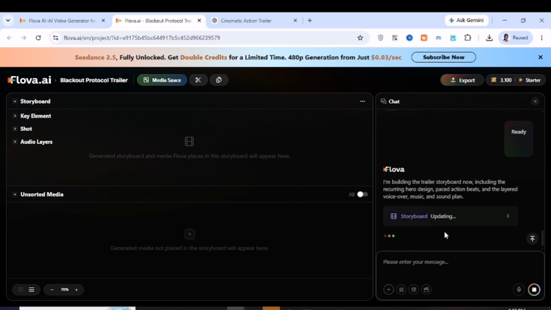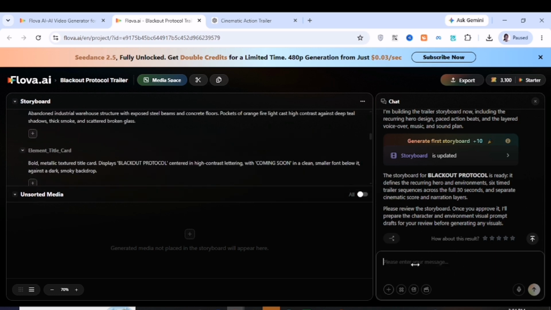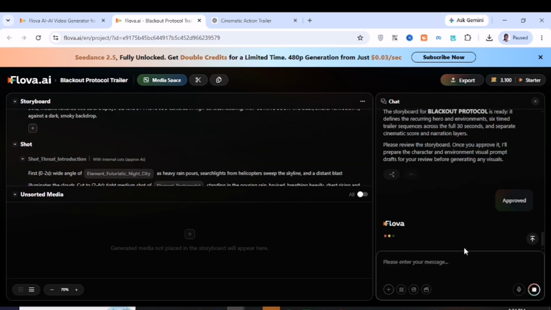After doing that, I'll just be telling it all the instructions. When you are seeing it, you are going to be seeing all the information it's asking you and all the necessary steps. All you just need to be doing is just prompting it on what to do next, right? If you are satisfied with what is rendering, you can just tell it that it's approved, and then you proceed. So that is exactly what I am doing right here. It's as simple and as easy as that. It is not complex. The tool is very simple and very easy. The agent is there to analyze everything you are doing, right? So now we'll leave it for a few seconds. It's analyzing everything and it's going to generate.